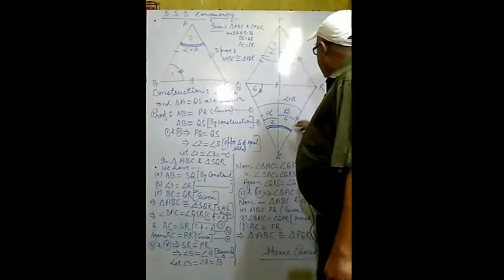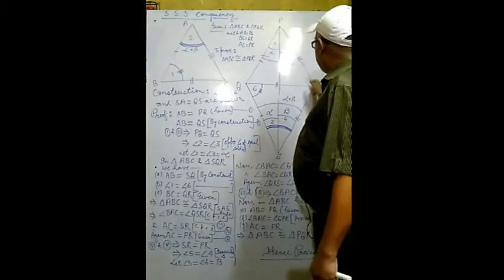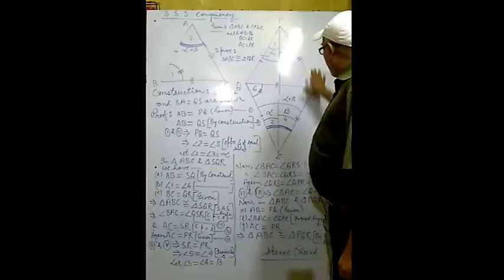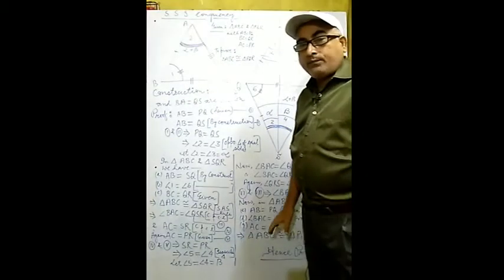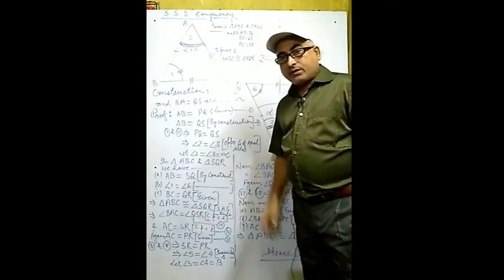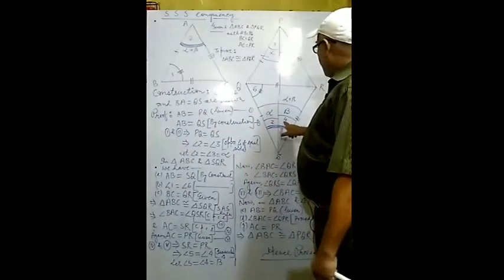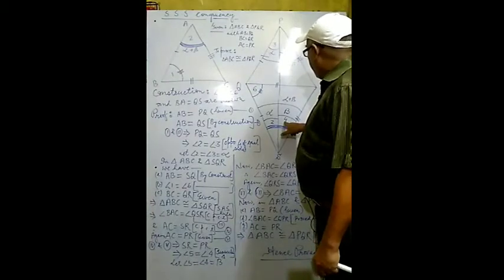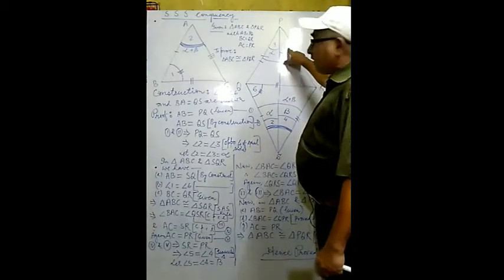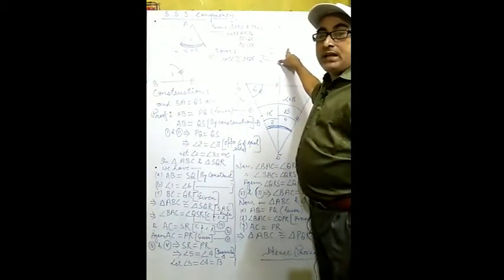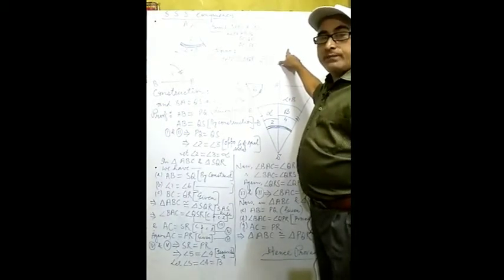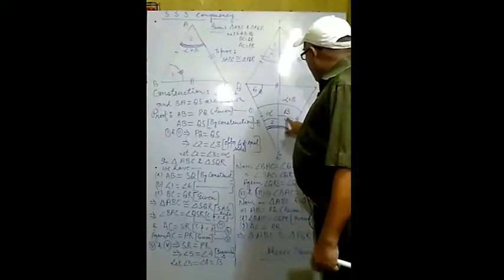Now take the right hand side complete triangle from here to there. This is also an isosceles triangle. Why? Because this side equals this one. If two sides are equal, so what about their opposite angles? Their opposite angles will also be equal. Keep in mind, what are opposite angles? This one is angle 4, opposite to this side, and opposite to this side is angle 5. So angle 4 will be equal to angle 5 because these are opposite angles of equal sides. And we know the property of isosceles triangle. So angle 5 and 4 are equal.